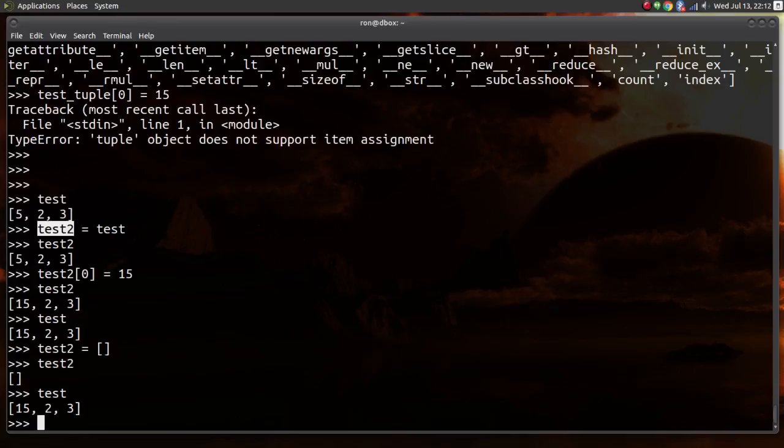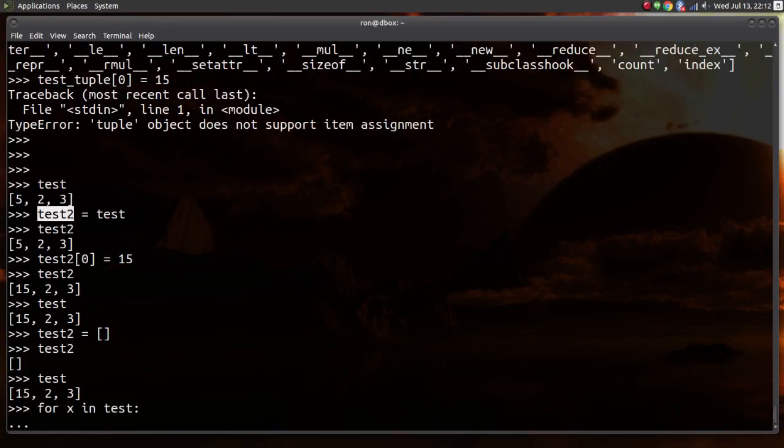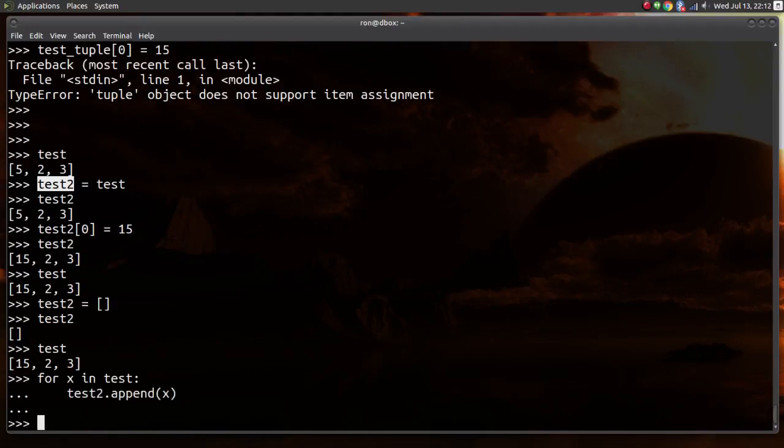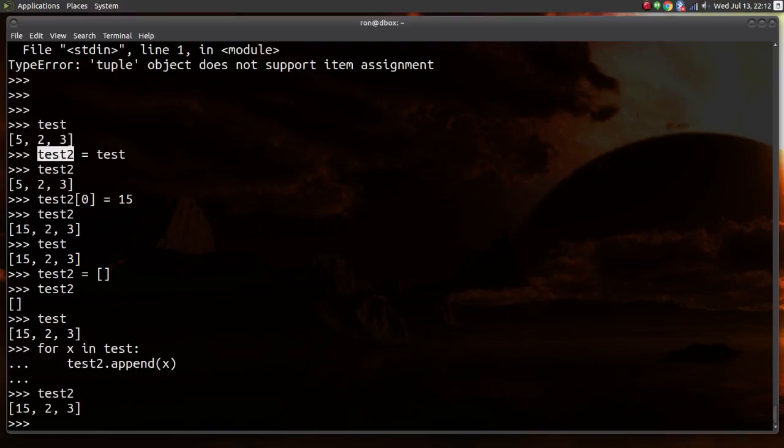And so I could do something like this: for x in test, test2.append(x). So now I have essentially taken every value in test, and one by one I copied them into x and then appended them to test2. So test2 now also contains 15, 2, and 3. But because they